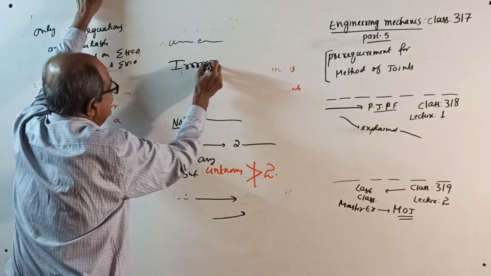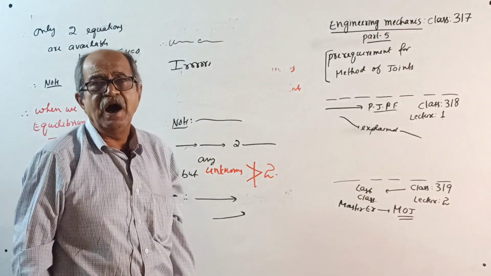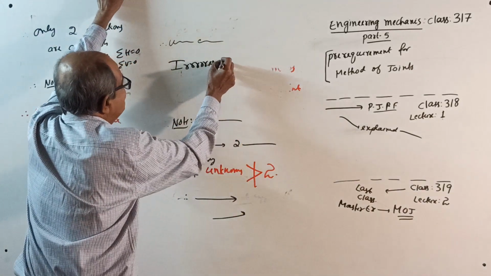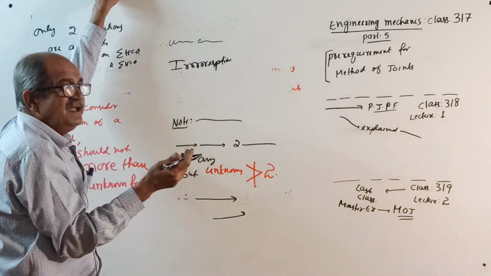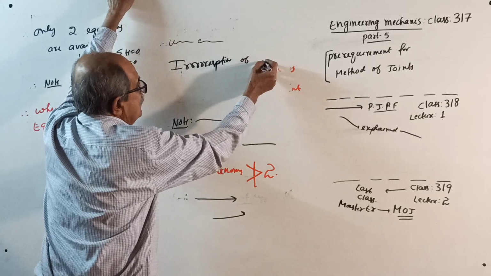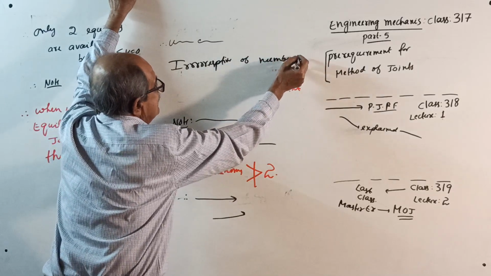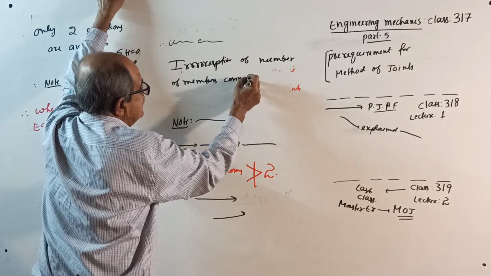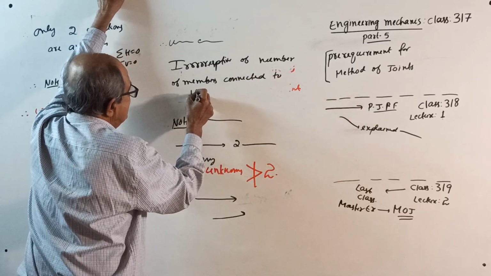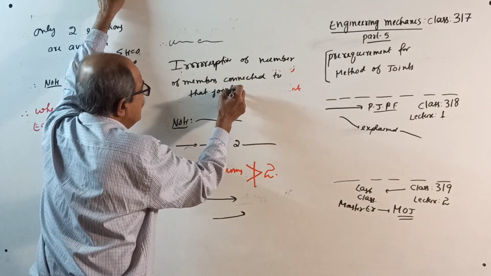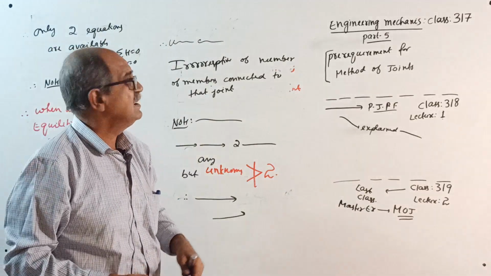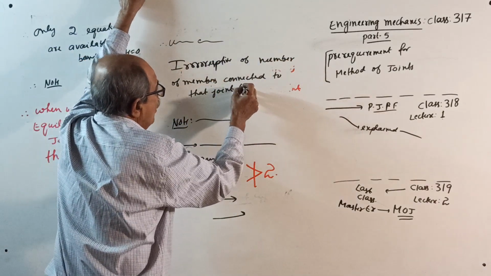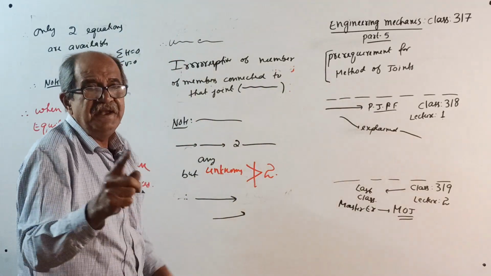Irrespective. This is actually irrespective with only one R in the middle; I put multiple R's to stress it. Irrespective is not English for an object, it is special English. Irrespective of the number of members connected to that joint, irrespective means does not matter. Irrespective of the number of members connected to the joint or meeting at that joint,